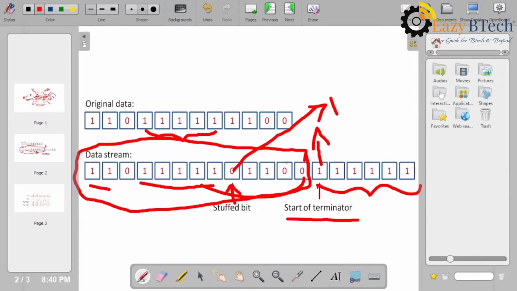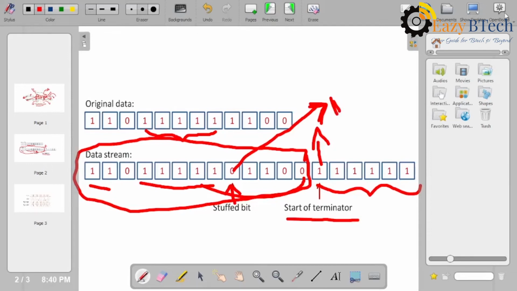Okay, so you can remove those stuffed bits, the unnecessary bits, and receive the actual data. There is an agreement between the sender and the receiver. When the receiver sees a 1 after five ones, we can easily say that an error occurred in the frame while transmitting from source to destination, and the receiver gives a negative acknowledgement to the sender: there is an error in the actual data frame, so please resend it.